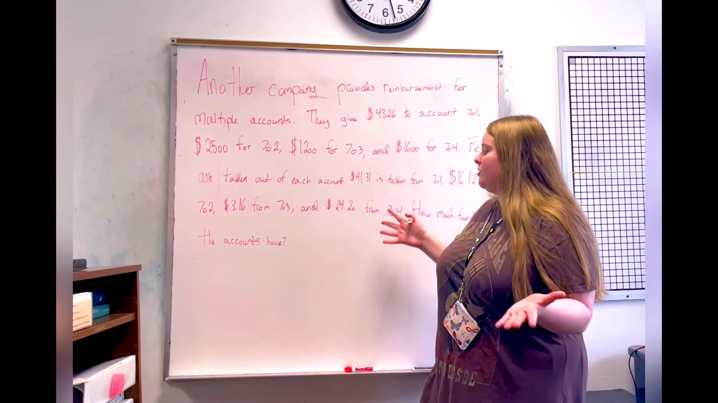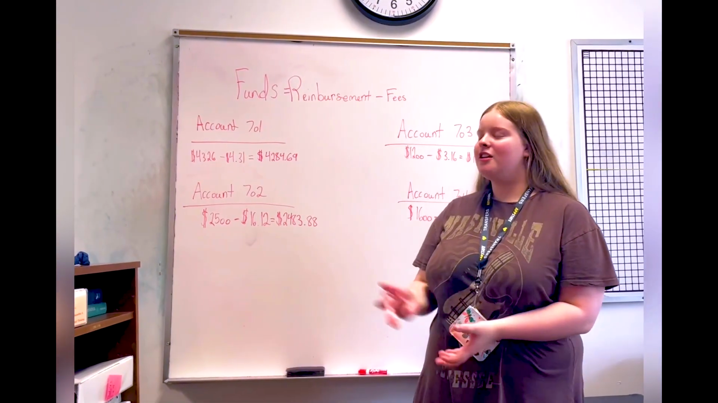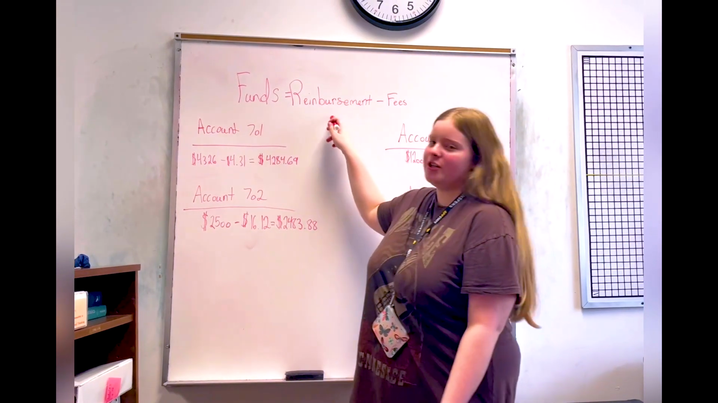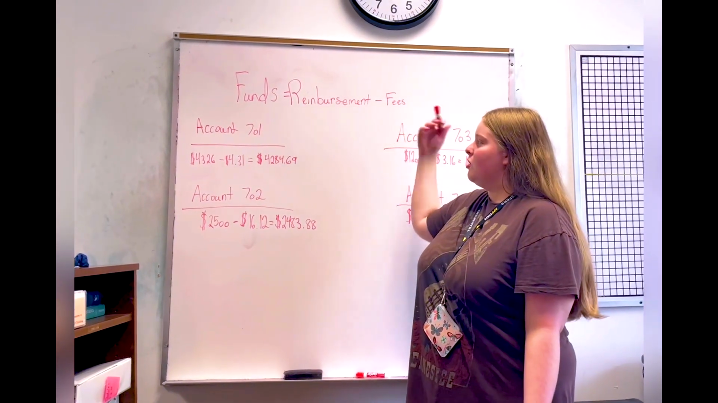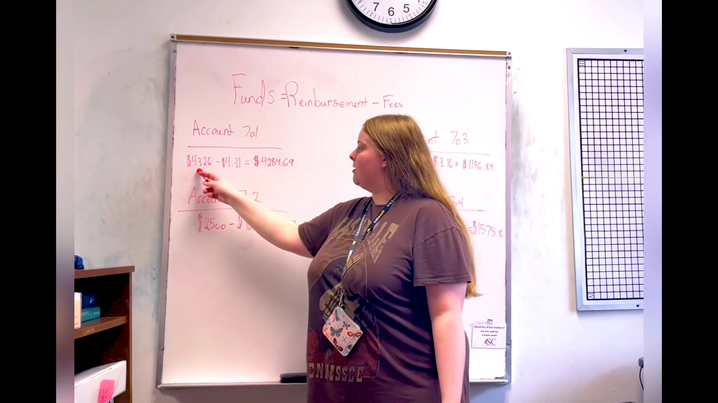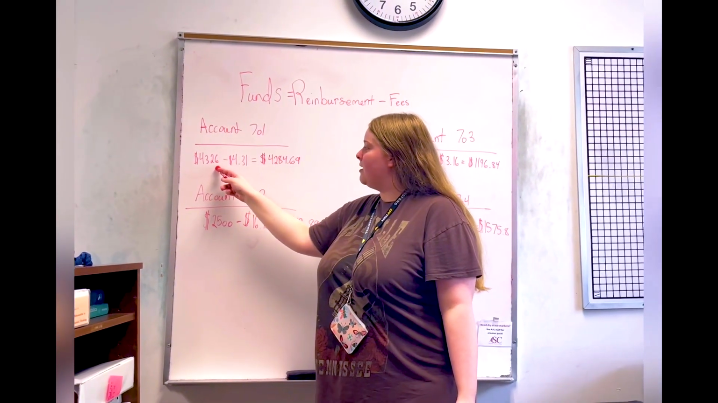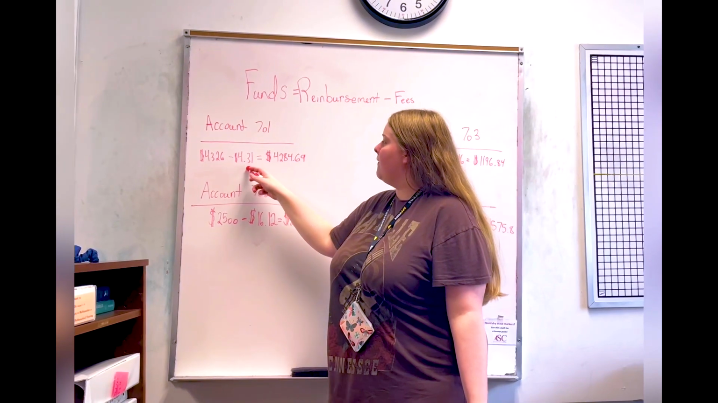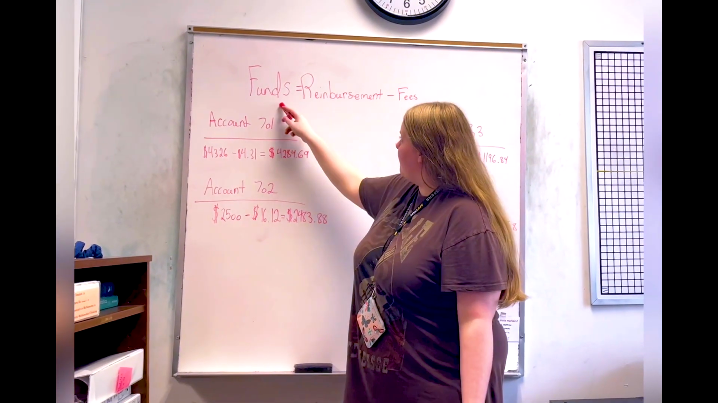Now we have to find out how much funds each account has. Jessica gave me the formula funds equals reimbursement minus fees. So we would use these for each account. So for account 701, we would take the reimbursement, 4,326 minus the fees, 4.31, and the funds would end up being